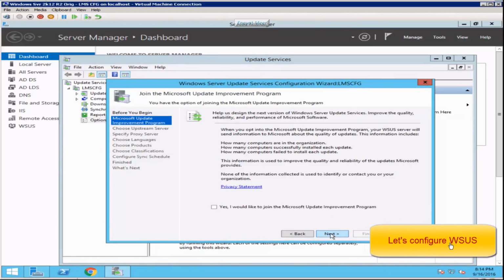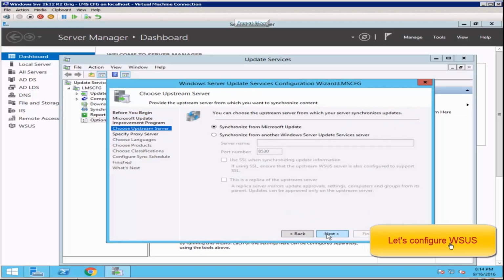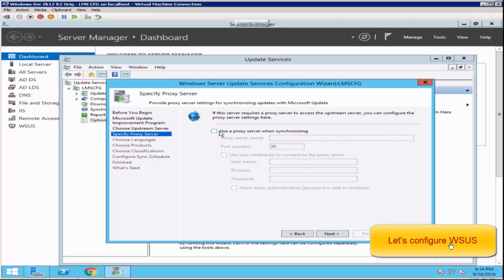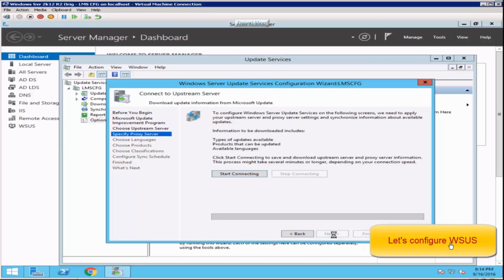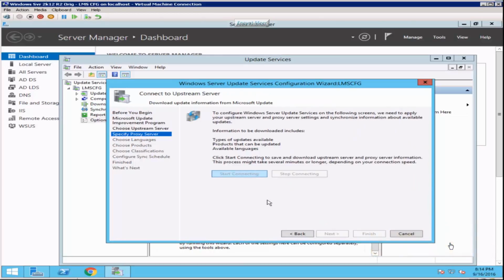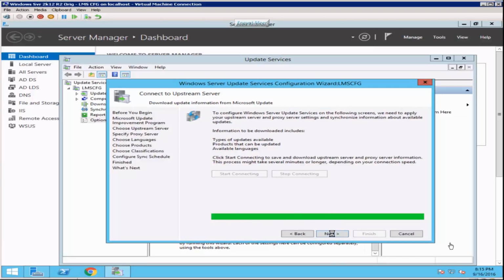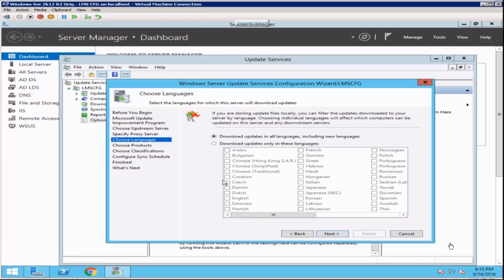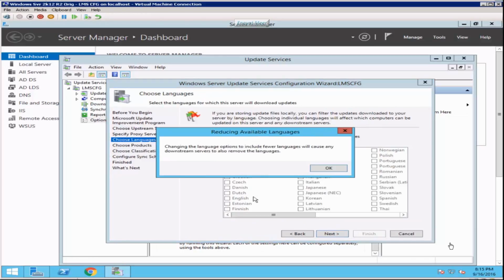So now you have to launch WSUS from the tools menu, and you have to connect. 8530 is a port, 80 for the web port if you want to connect with a proxy. And now at this point you might have to wait a while, because the way I'm doing it, most of the time I pause the video and then I start with the paused video.